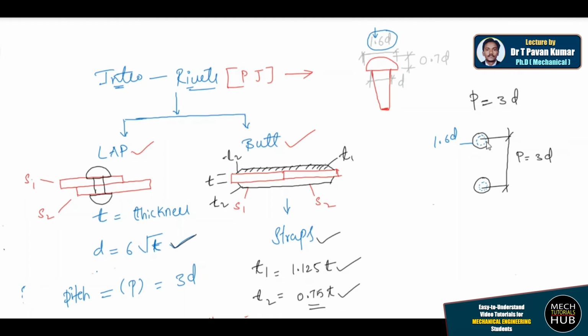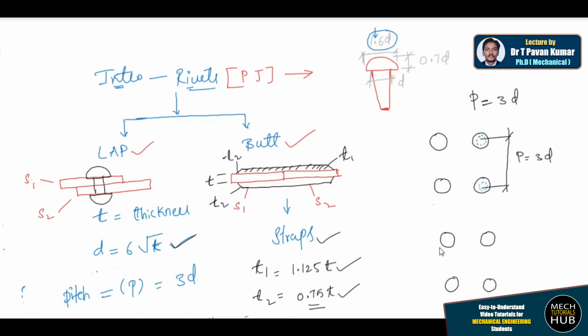So from one rivet to the next rivet, the pitch should be 3D. Similarly, if you draw too many rivets, for example, here is one, here is another, then the distance should again be 3D only. That is nothing but the pitch distance. One more point: if it is single riveted, this is the case. If it is double riveted, then there will be one more rivet row. Remember, this discussion is all about the top view.